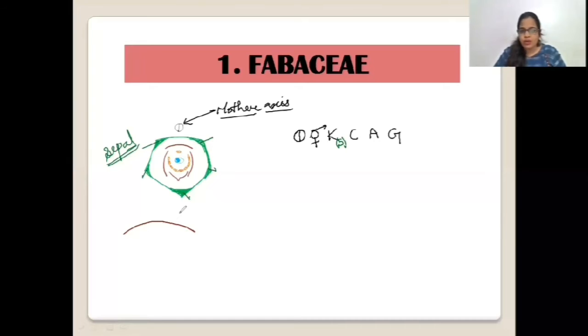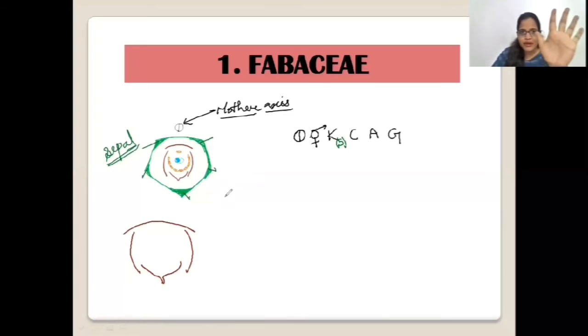Now, this is the largest petal. Then inner to that, there are two lateral ones. I'm giving a complete hint, guys, complete hint. You can easily recall. Then inner to that, two fused petals are present. Vexillum, lateral wings, and then keel, also known as carina, and we call it vexillary estivation. So here you can see that vexillary estivation is present, and the arrangement of the petals is different.